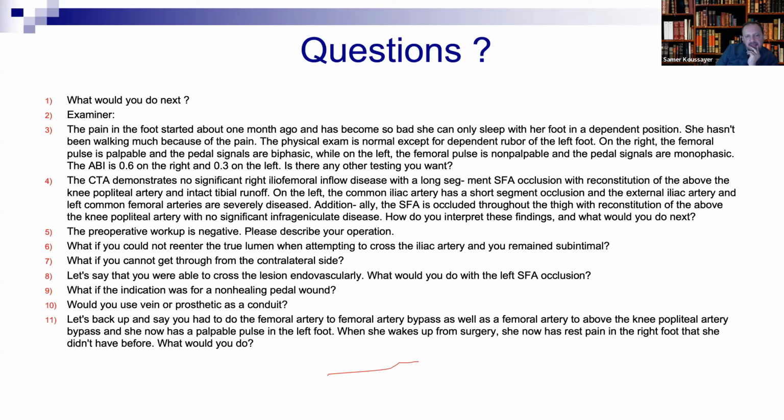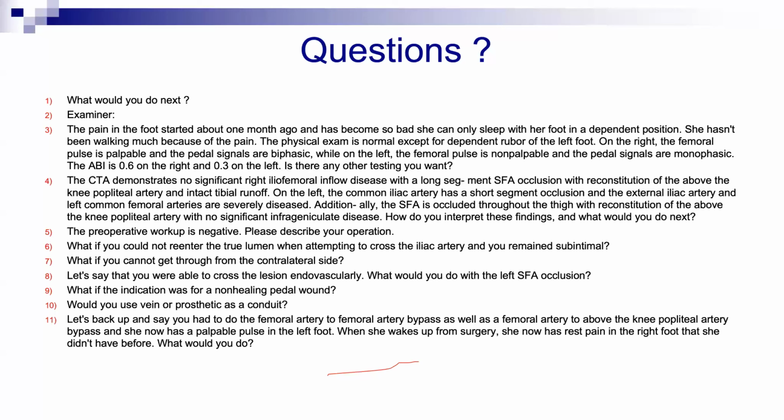Let's back up and say you had to do a femoral artery to femoral bypass, as well as a femoral artery to above-the-knee popliteal artery bypass. And she now has a palpable pulse in the left foot. Okay. So you did it for tissue loss. When she wakes up from surgery, she now has rest pain in the right foot that she didn't have before. Before she didn't have any problem. Now she wakes up with rest pain in the right foot. Why is that? Maybe still...